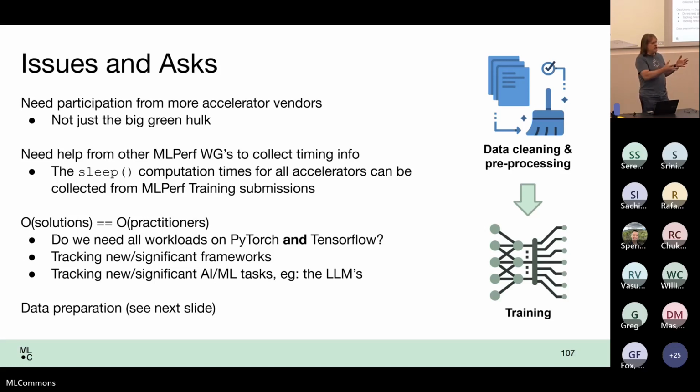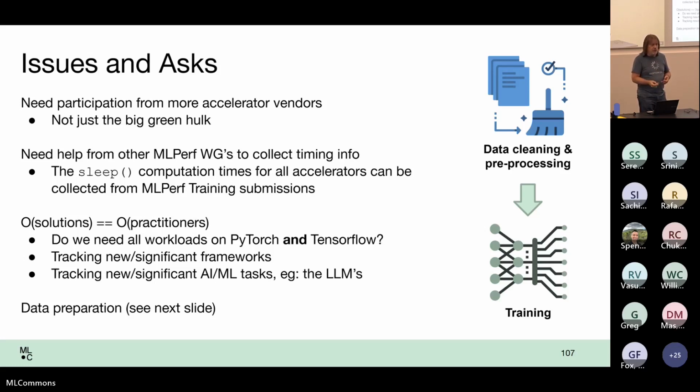Number of GPUs attached to a node, that model doesn't apply to Cerebras. They have something at the other end of an Ethernet cable, and you don't know or particularly care what's inside their box, other than it does screaming fast training, right? So that would help us to have more representative different architectures for accelerators to make sure that we're producing the right benchmarks.